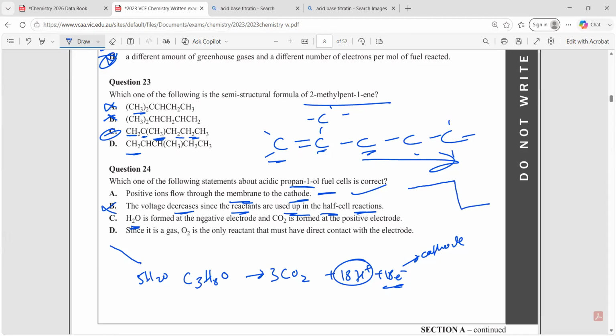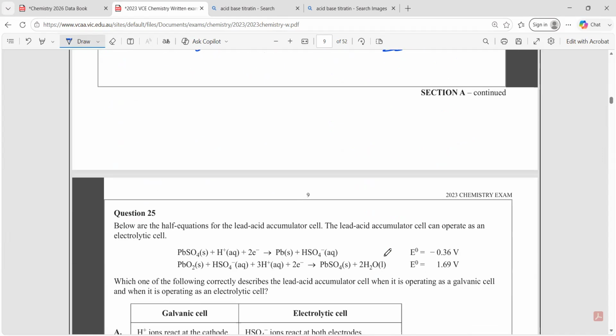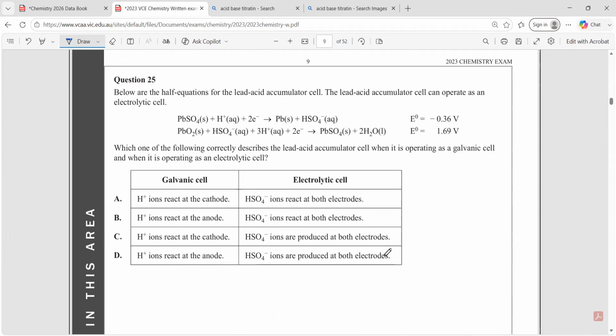H2O is formed at the negative electrode, it's formed at the positive electrode. Since it is a gas, O2 is the only reactant that must have had direct contact with the electrode. That is obviously not true. Very easy MCQs. Maybe they thought that the previous years was very difficult. Which one of the following correctly describes the letter C? Okay, so